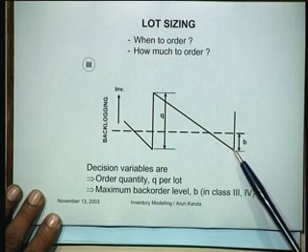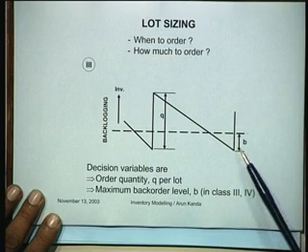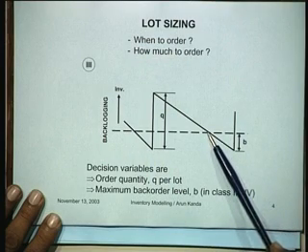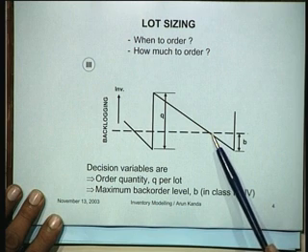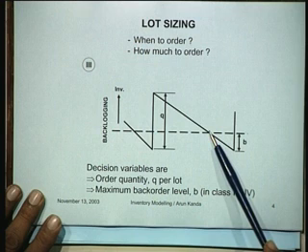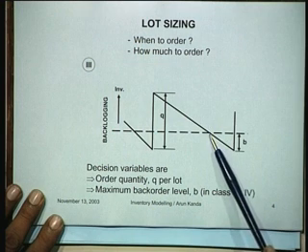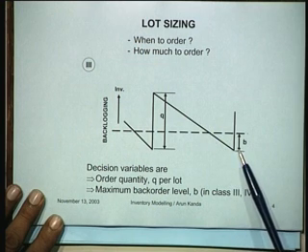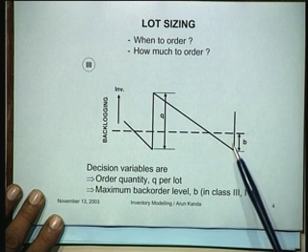Yes? How exactly can we have negative inventory? Negative inventory means that you keep on consuming and booking orders in this particular period. We have finished the stock, and when we are talking about back ordering, what it means is we normally consume, let's say 10 per day. So if we go on for 5 more days, we would have accumulated 50 orders. These we would satisfy when we have the stock.